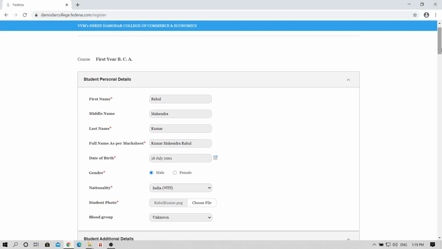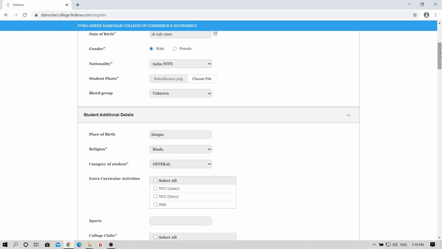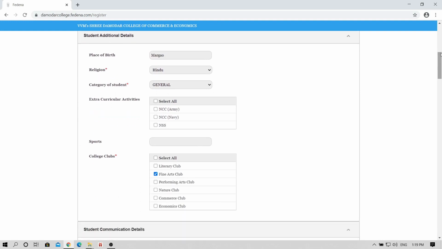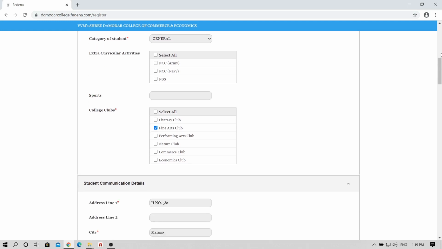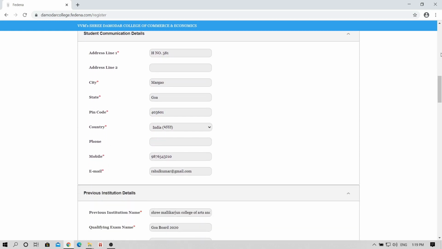Fill in your personal details. Add in your additional details like place of birth, religion, category, etc. Next, fill in your communication details, that is your address.